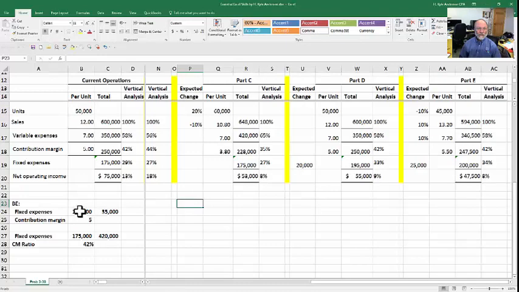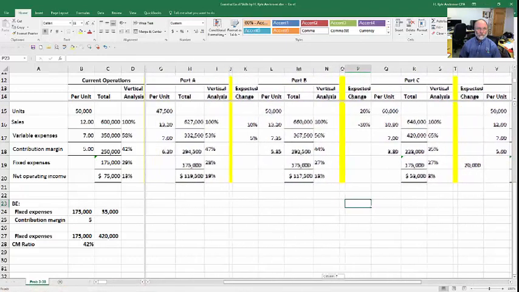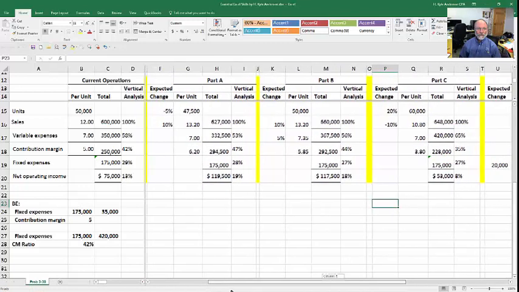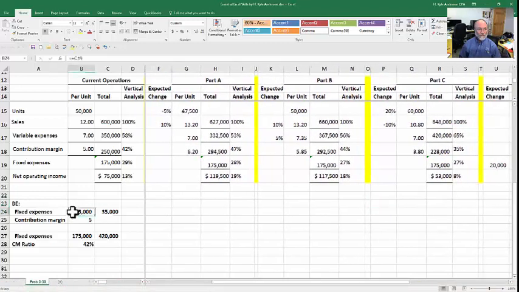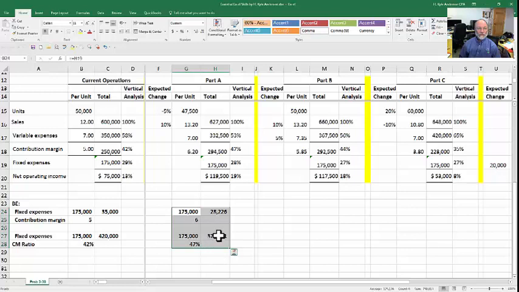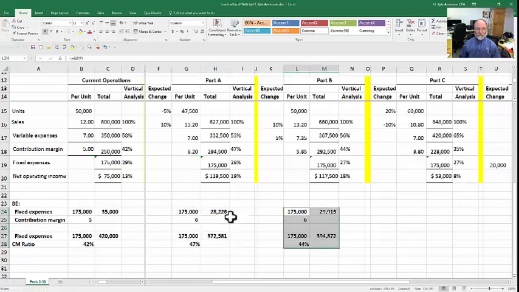If I wanted to run this analysis for all of my calculations, we'll go to Part A, and being very careful to copy and paste it where I put it. So I started in the per unit column. I just calculated break even, and in terms of unit and sales, I can copy that over here and have the exact same analysis for